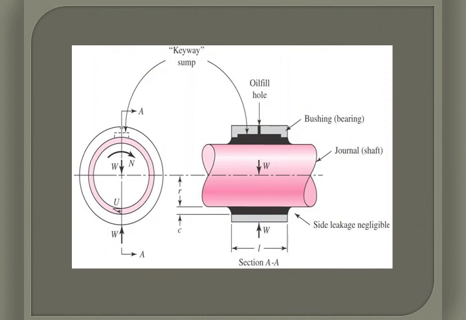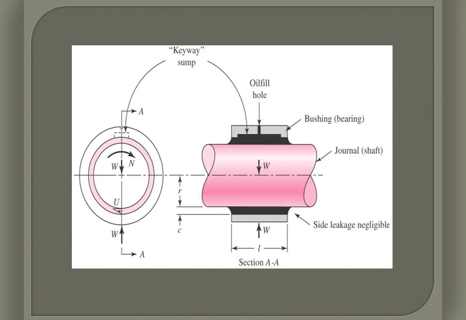This coefficient of friction is very important in case of lubrication and bearing. Petrov's equation gives the coefficient of friction in journal bearing. Especially it assumes that shaft and bushings are concentric. Here shaft, journal and bearing, that is bush, both are concentric. In reality, the shaft is not concentric with the bearing, but the coefficient of friction predicted is quite good.